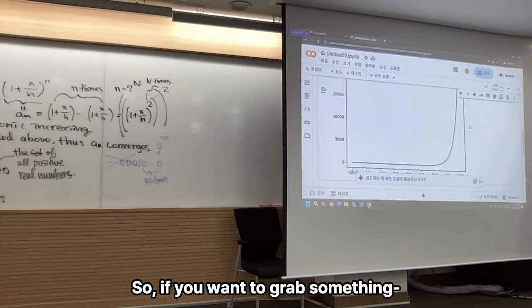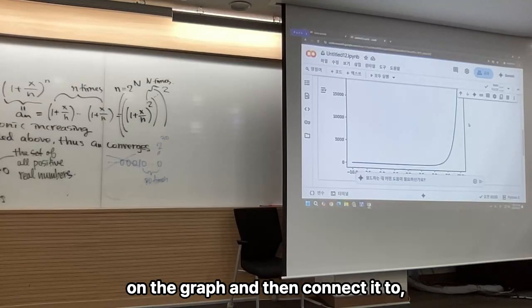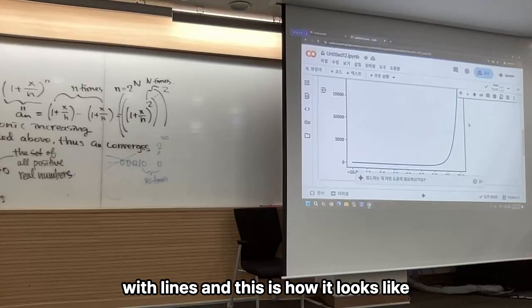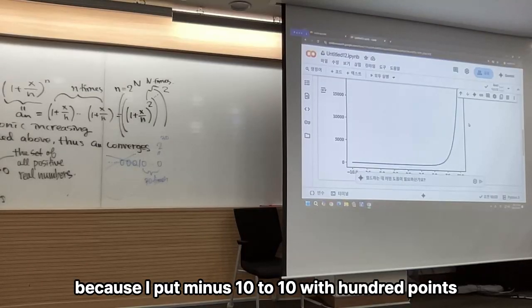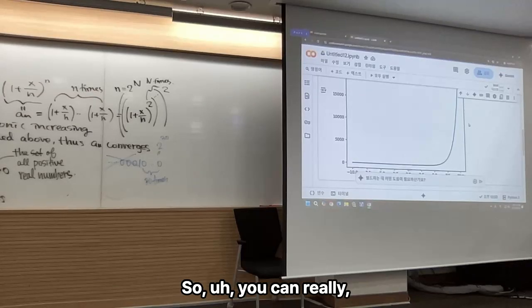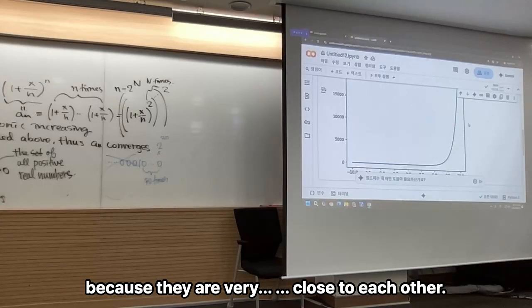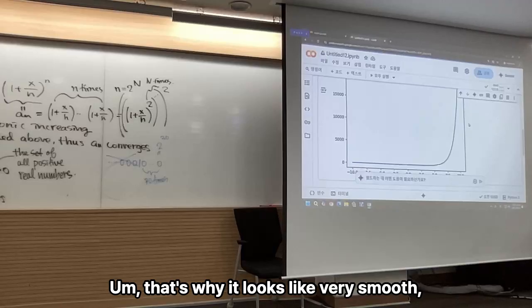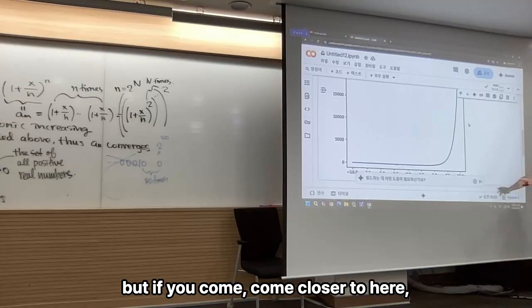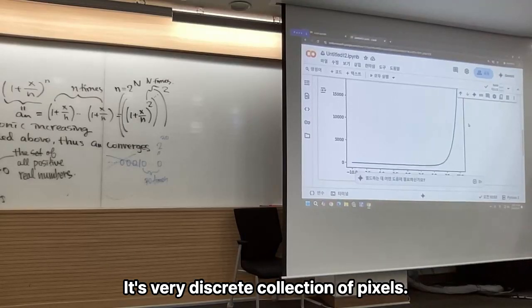So if you want to graph something, you have to take a finite number of points on the graph and connect them with lines. And this is how it looks because I put minus 10 to 10 with 100 equidistant points. So you can't distinguish the difference between two consecutive points because they are very close to each other. That's why it looks very smooth, but if you come closer, it's not really smooth. It's a very discrete collection of pixels. Anyway,